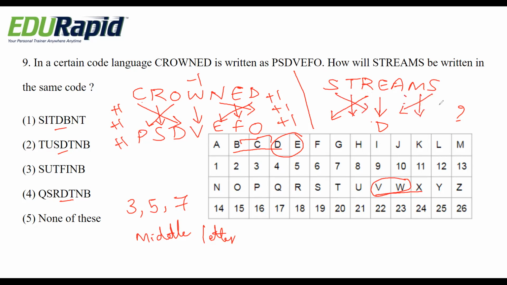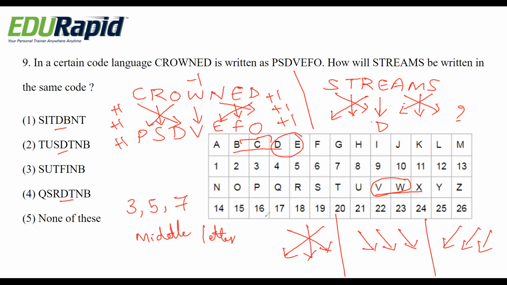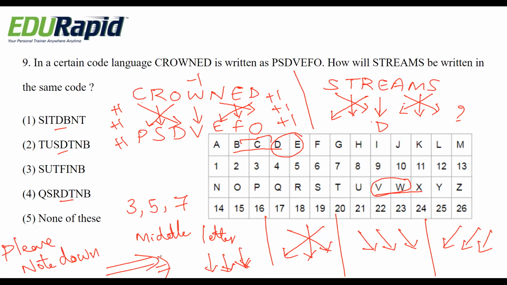This is also important, in what pattern it is going on. Sometimes it will be for three letters, it is like this, or it will be like this from right to left. These are the patterns. Please note down, or else it should be like this. So these are the patterns. Please note down. In these patterns, it is going on usually for the three terms.